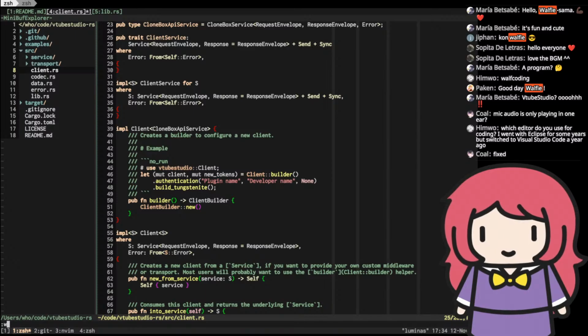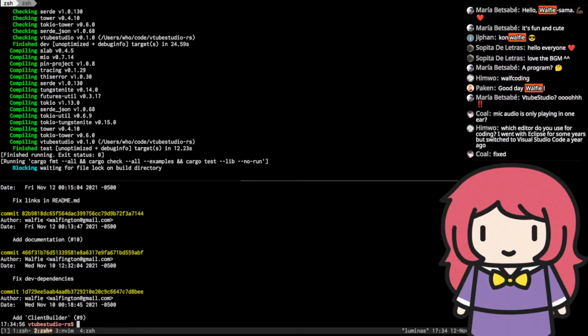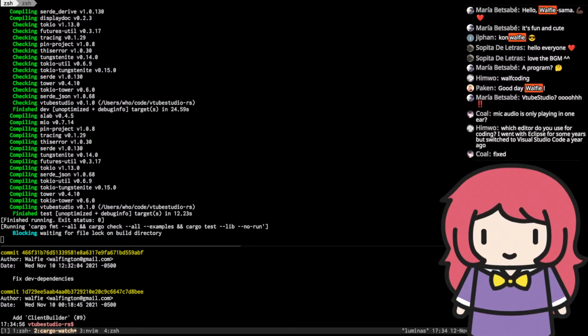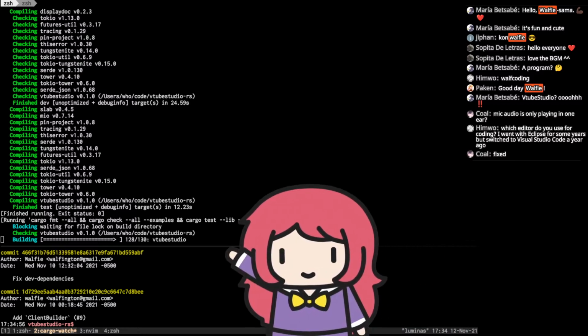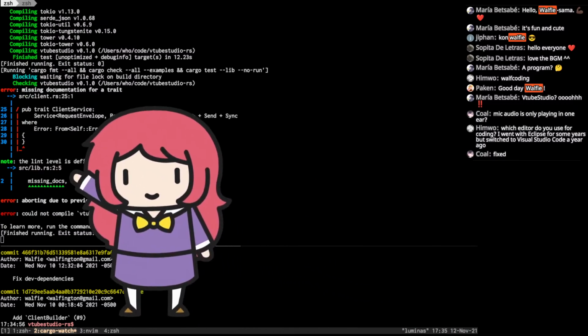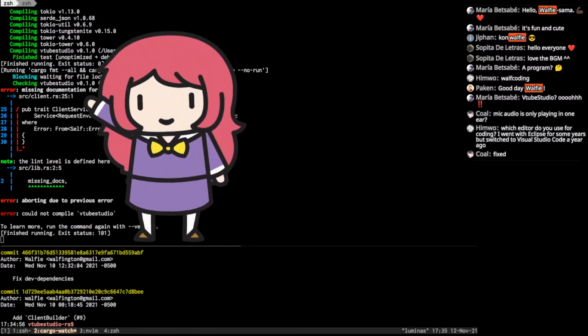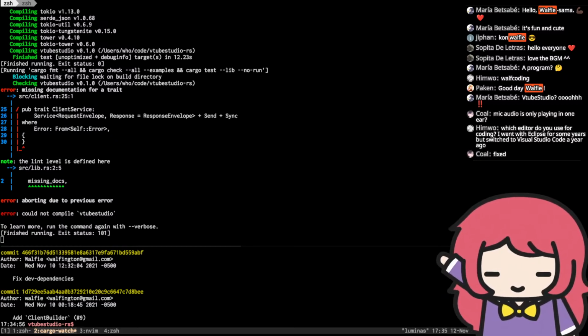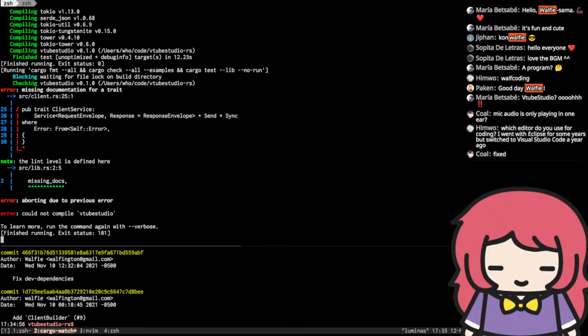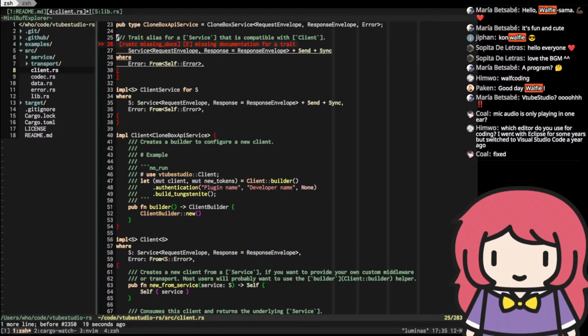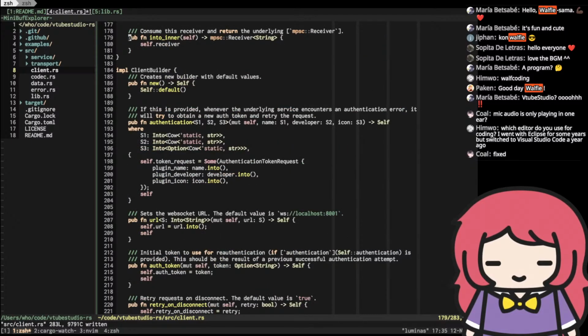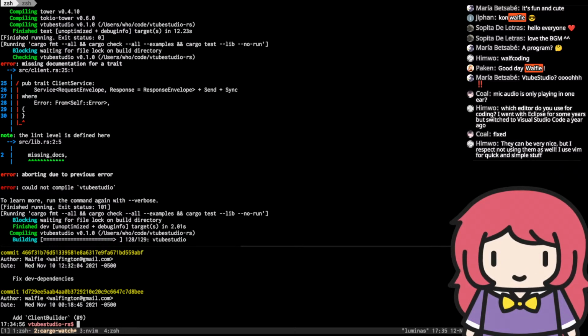So if I remove this documentation, you can check up here, and this should just fail. Oh, look at that, missing documentation. So yeah, I added docs to everything, and it generates this cool documentation. So if you do cargo doc,